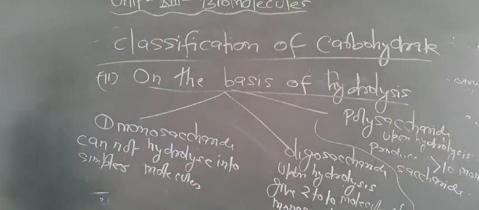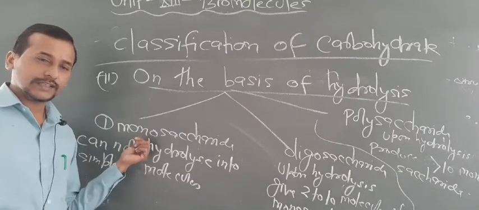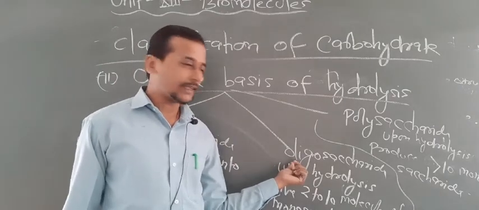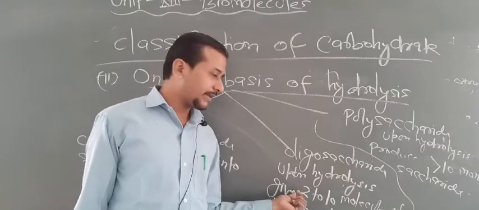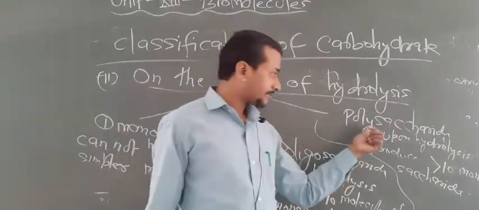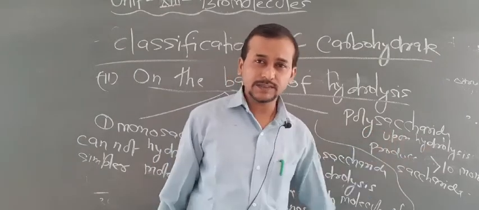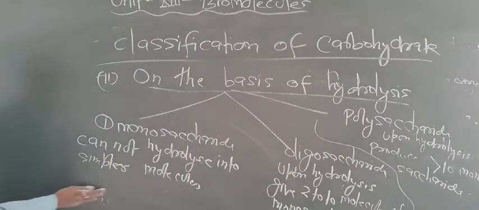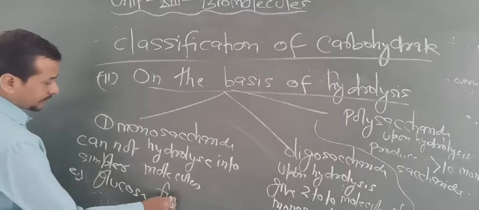So the common difference on the basis of hydrolysis: this cannot be hydrolyzed, that's known as monosaccharide. This upon hydrolysis produces 2 to 10 molecules of monosaccharide. These monosaccharides may be of the same type or of different types. Here they will give more than 10 monosaccharide units, so that's why this is known as polysaccharide. Now look at the examples of monosaccharides. The common monosaccharides are glucose, fructose,